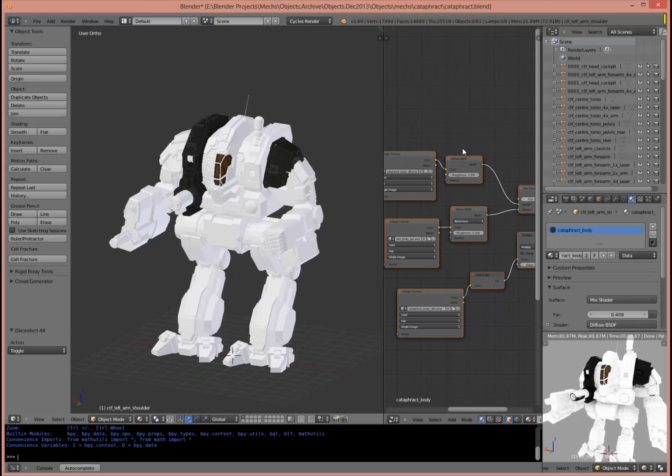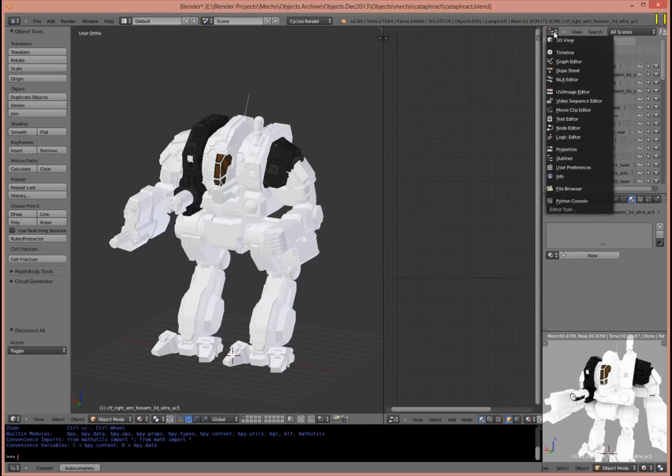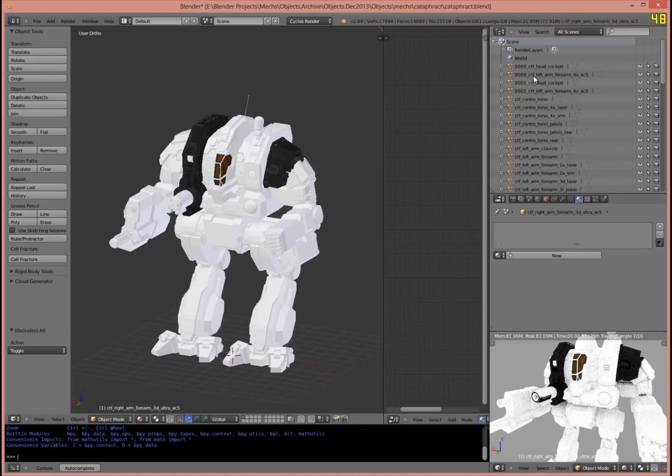So unselect everything. The easiest way of doing it, I mean, you could probably click through all these different pieces and all the different weapons and hit M to move to the second one. But it's probably easiest just to select them over here in the, what is this thing called? This is called the outliner. Yep, in the outliner. So let us go through here, and every time we see something that looks like a weapon system, we're going to select it with